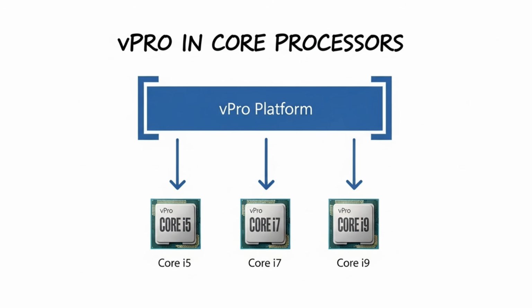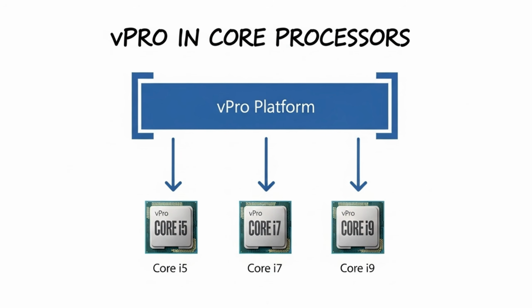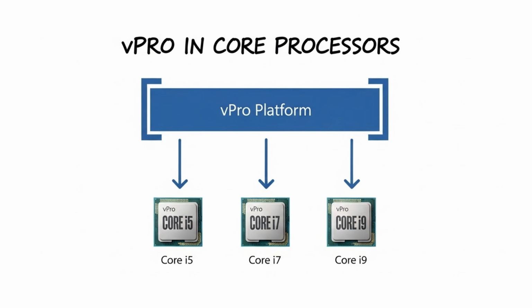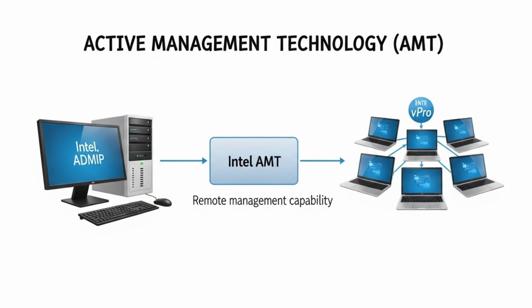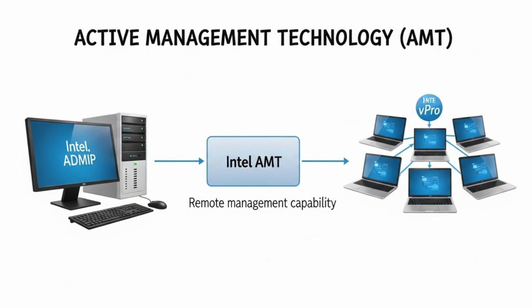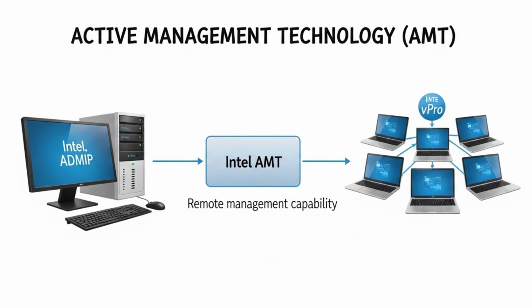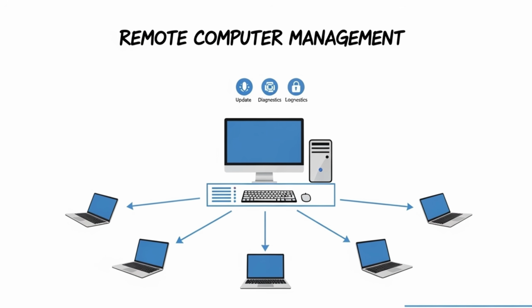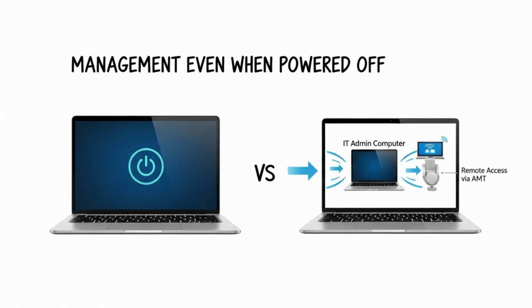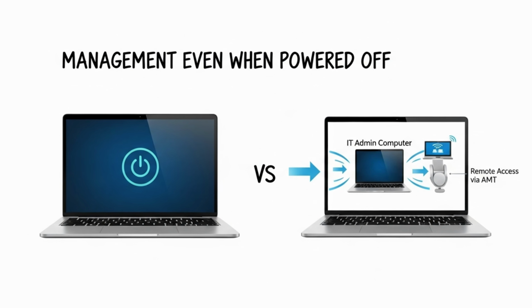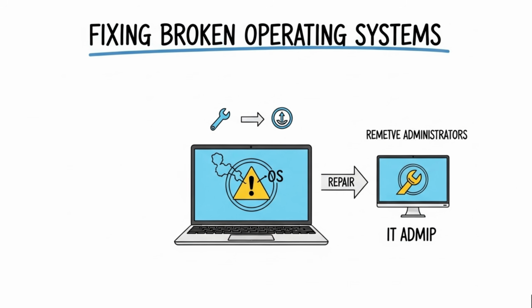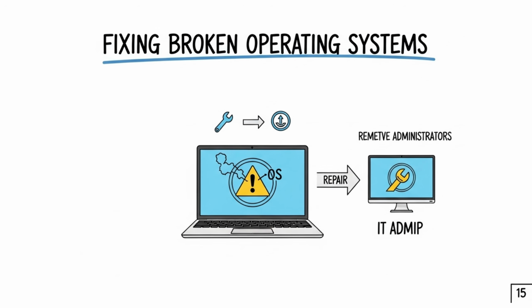When you see a vPro sticker on a laptop, it signifies a device built for security, manageability, and stability in a corporate IT setting. The core of vPro is Intel's Active Management Technology, or AMT. This allows IT administrators to manage fleets of computers remotely, even if they are powered off or have a corrupted operating system. They can push updates, diagnose issues, or lock a device from a central location, saving countless hours of